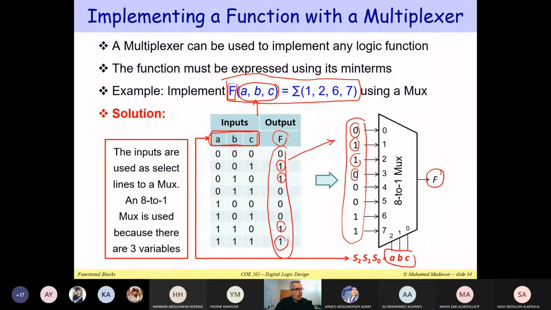It's possible to use a 4-to-1 multiplexer to implement the same function F. Can we reduce the cost? Yes. How? Because we have only 4 outputs, so we can use 4-to-1. Yeah, but can you do it consistently? You need to implement any function, regardless of how many ones it has. Okay, let us take this function and implement it using a small 4-to-1